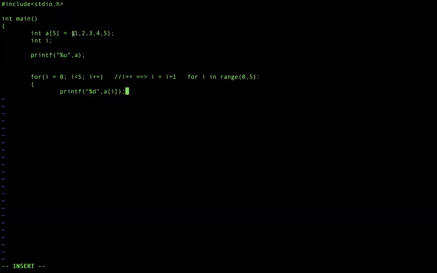So you can see here also, the first one will be index 0. Next, 2 will have index 1. 3 will have index 2, 4 will have index 3, and 5 will have index 4. So if I try to print a of 2, what value will be printed here? 3. 3, because the index of 3 is 2. Right. Come down. So I'm printing all of them.